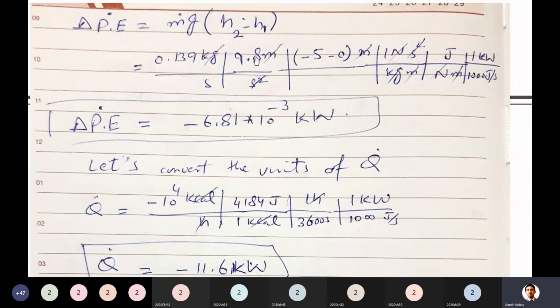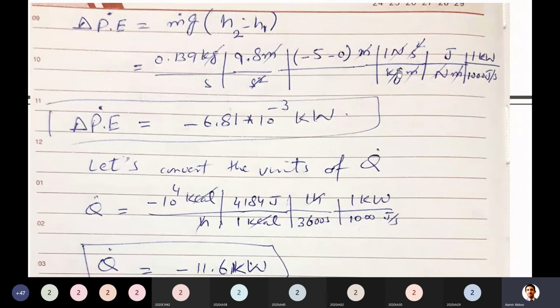But what we were doing here in the diagram, you have seen that we were going down below that surface, which was our reference point, the ground surface. When you go down, your value is minus, negative. Here, as the steam was leaving 5 meter below that surface, I have taken it as -5. h2, from where it leaves, is -5 minus 0, the reference point, and this is the height, so it will have a unit of meter.